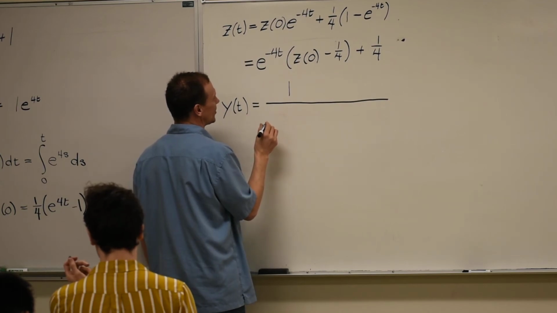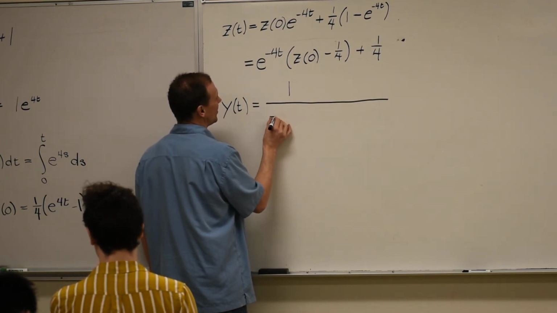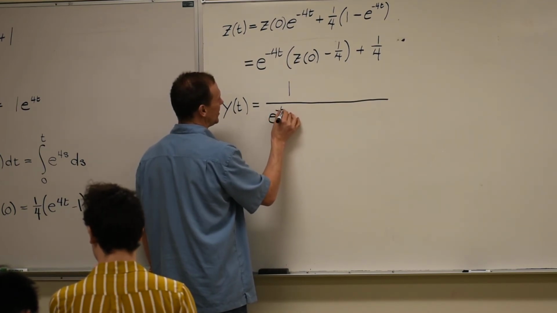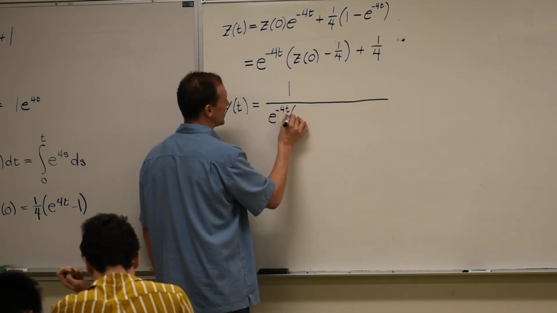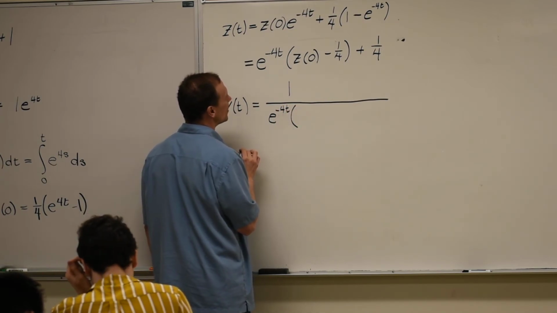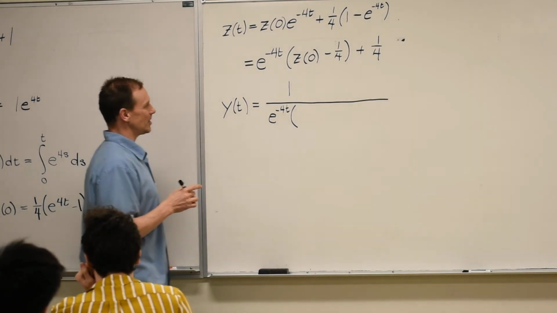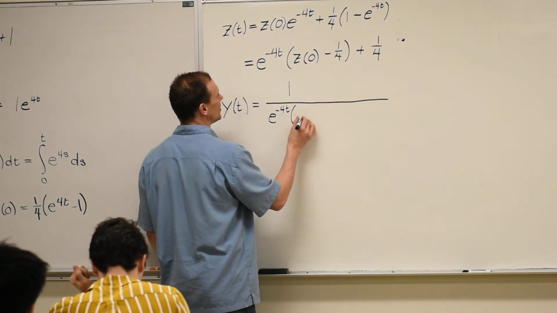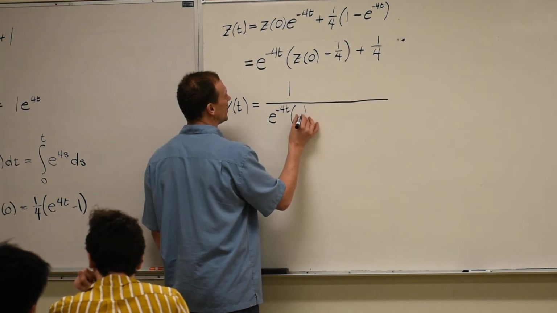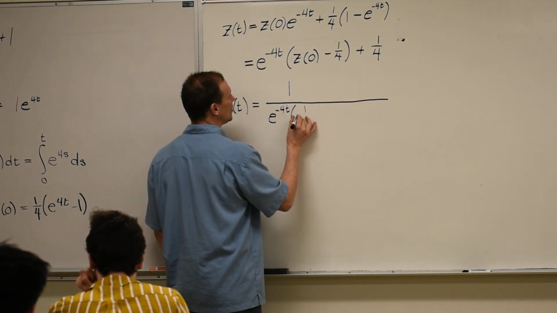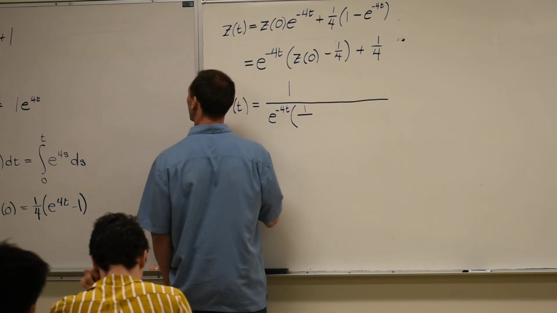So let's go through this carefully. I have e to the minus 4t times, oh wait, but z of 0, we have to change it. It becomes, z of 0 is 1 over